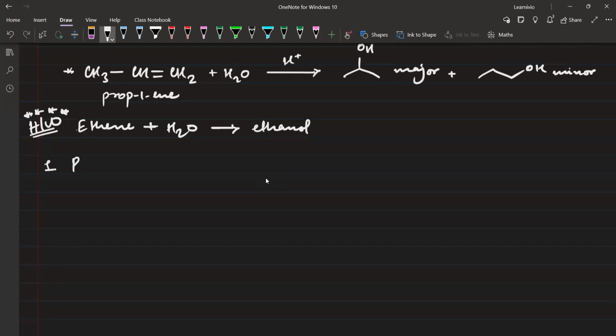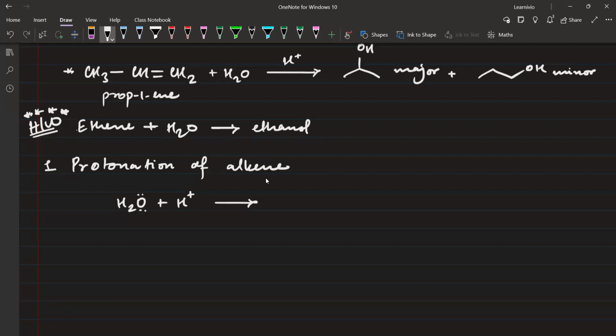So first step is protonation of alkene. Protonation of alkene. So first step is generally you have water, H2O, in the presence of H plus. इस तरह से आपको दिखा रहेगा, ठीक है. You can ignore this part also. But you can see that what can happen, you can form H3O positive. There are 3 hydrogen atoms attached to 1 oxygen, and that is why this oxygen is going to get positive